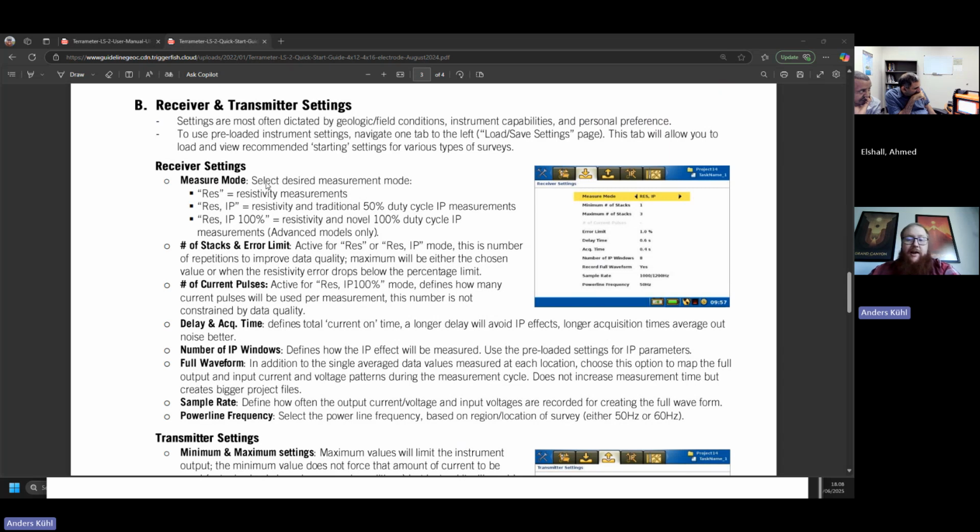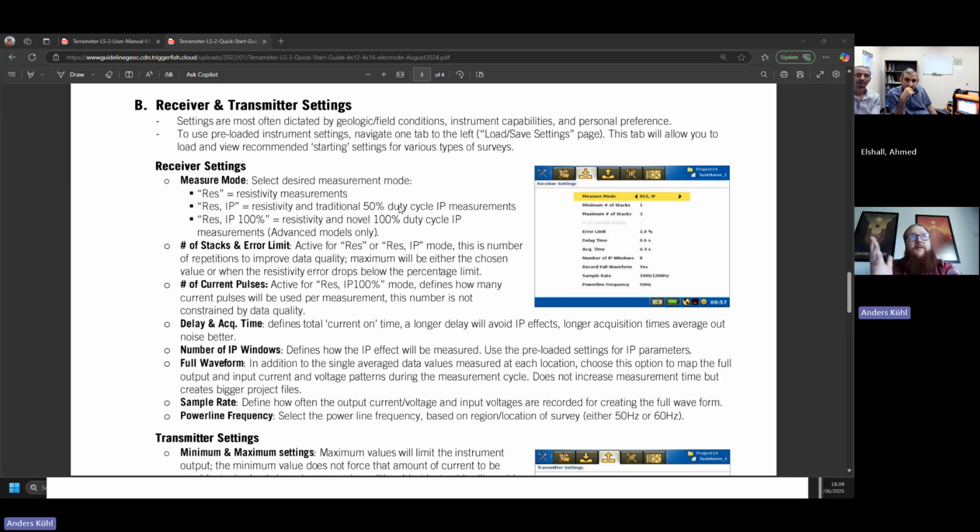It should now load a text that gives you some information about the different options here. You can always do that, or you can read it in the manual or in the quick guide that I just told you about. It has resistivity and resistivity plus IP, and I generally believe we do the resistivity plus IP because you said induced polarization will